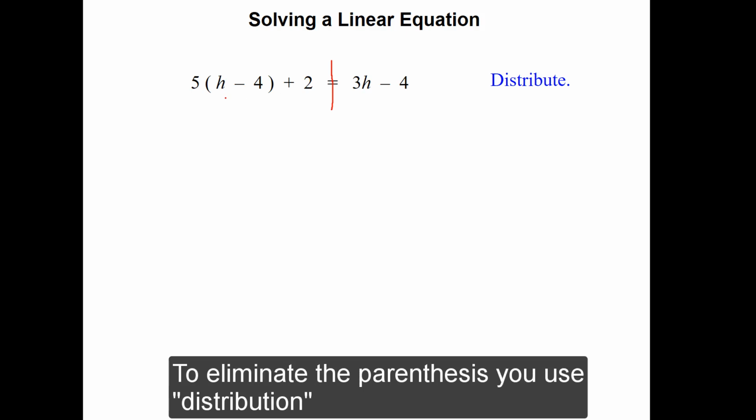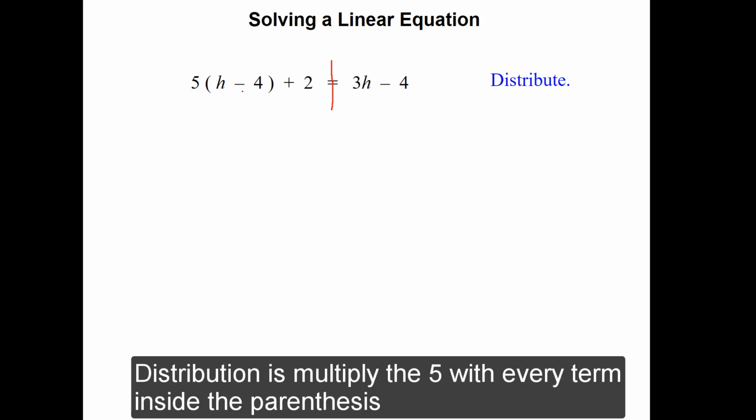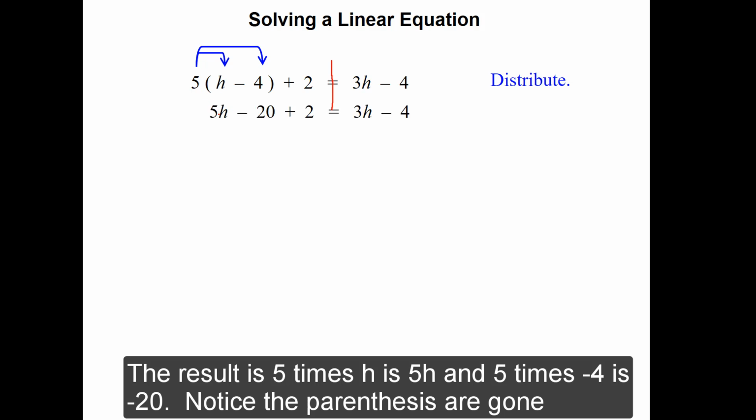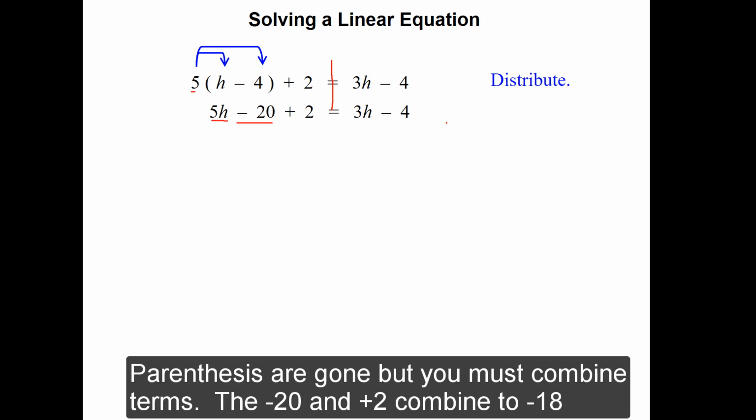For me to simplify this, since I don't know the value of h, I cannot combine h minus 4. So the way that we eliminate parentheses is through distribution. What is distribution? Well, distribution is simply multiplying the coefficient, in this case the 5, that's on the outside of the parentheses. I multiply it with every term inside the parentheses. So when I do that, 5 times h is 5h. 5 times a -4, a positive times a negative, is a -20. And notice the parentheses are gone, and then I just bring down the +2 and I rewrite the right side